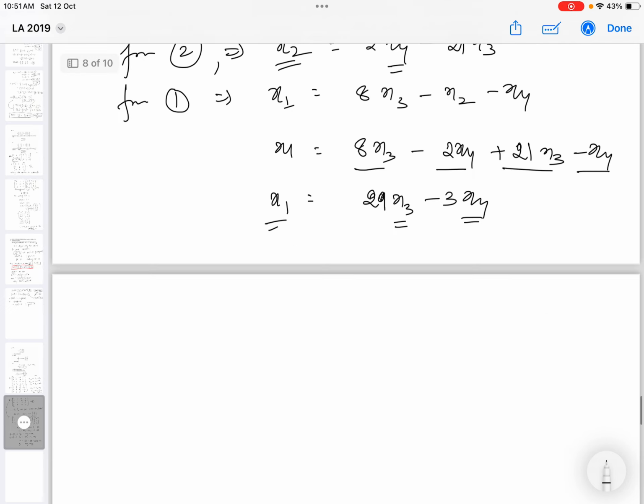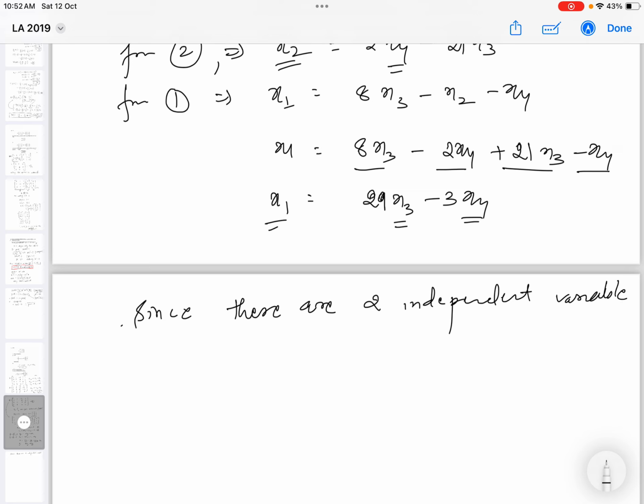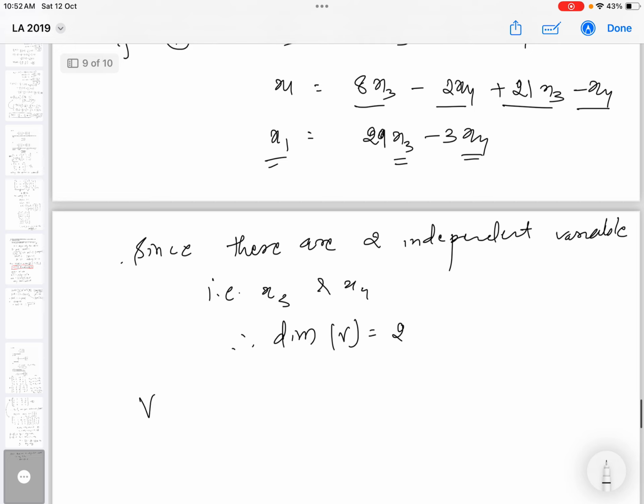So V can be written as, since there are two independent variables, that is x3 and x4, therefore the dimension of V is 2. So V can be written as,